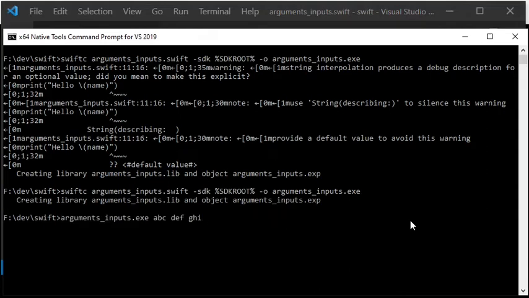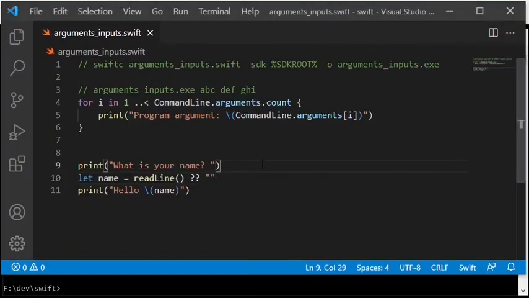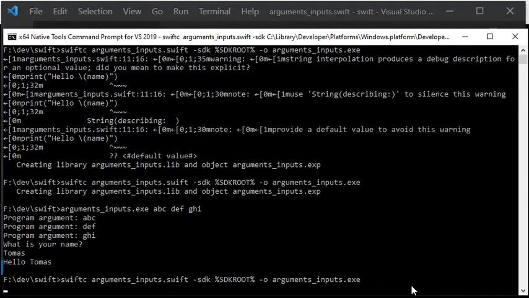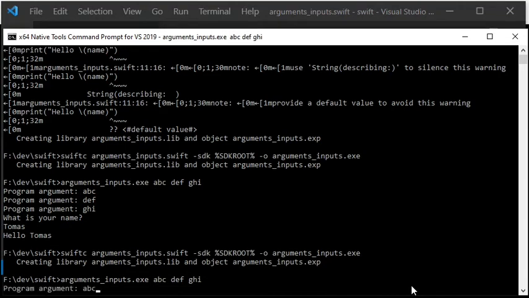When I then execute, it does not work exactly as I wanted. I want the input prompt to appear at the end of the same line as the text, "What is your name?" instead of appearing on a new line below. Therefore, I use an additional argument for the print function called terminator, and there I use an empty string instead of the default value, which is a line break character, \n. Then I compile the program again. And when I execute the program this time, the input prompt appears at the end of the line where the text "What is your name?" is printed.